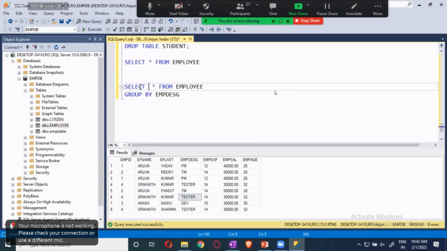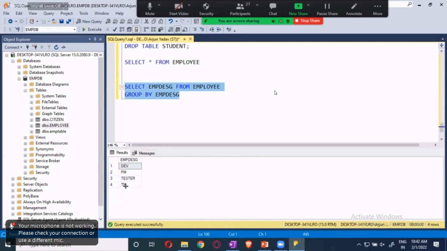Just like this. What will happen is it will display all the employee designations over here based on the group. Now you see this, it is giving us based on the group. How many employee designations are there? Total 4 are there.